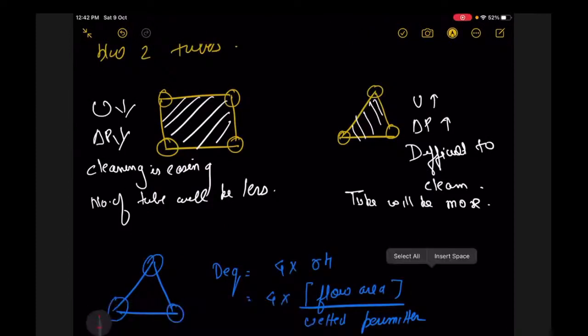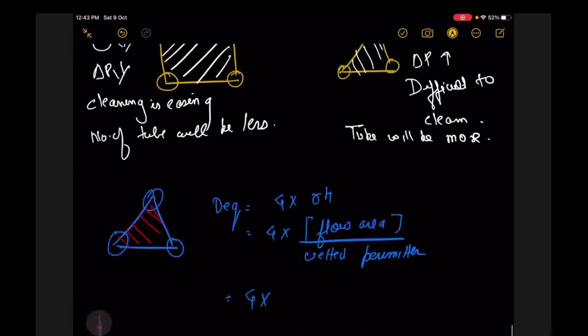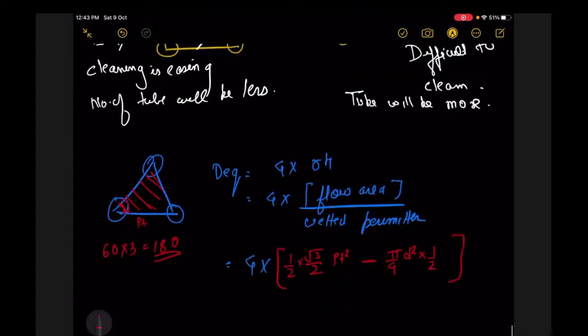बता दो, ट्रायंगल, है ना। फ्लो एरिया क्या है, ट्रायंगल, 1/2। लेकिन कितने एंगल पे है, ये 60 डिग्री पे है। 1/2 √3/2, इस डिस्टेंस को ले लो पीटी, हाफ बी इंटू एच। तो ये क्या हो जाएगा, पीटी स्क्वायर, माइनस ये 60 का एंगल है, तो 60 × 3 कितना हो जाता है, 180। मतलब हाफ सर्कल का एरिया, उसमें से फ्लो नहीं हो रहा है, सो माइनस कितना हो जाएगा, π/4 डी स्क्वायर, हाफ करना है तो 1/2, है ना। ये किसका एरिया हो गया, ट्राइंगल का। √3/2 क्यों आया, sin 60 भाई, है ना, sin 60 आएगा ना,